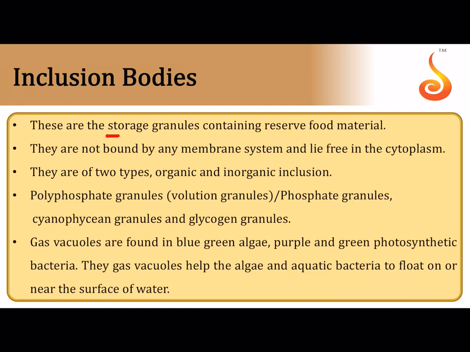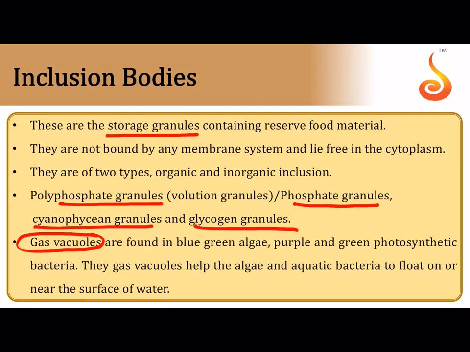Inclusion bodies: sometimes there will be a lot of storage granules. I already spoke about this. Phosphate granules are there, or cyanophycin starch. Glycogen granules, they don't have a membrane. Sometimes you may find gas vacuoles and sulfur granules present. And then I told you poly beta hydroxybutyrate crystals are there, which are covered by a non-unit membrane of 2 to 4 nanometer thickness. So we have discussed the storage bodies which are referred to as inclusion bodies in bacteria.